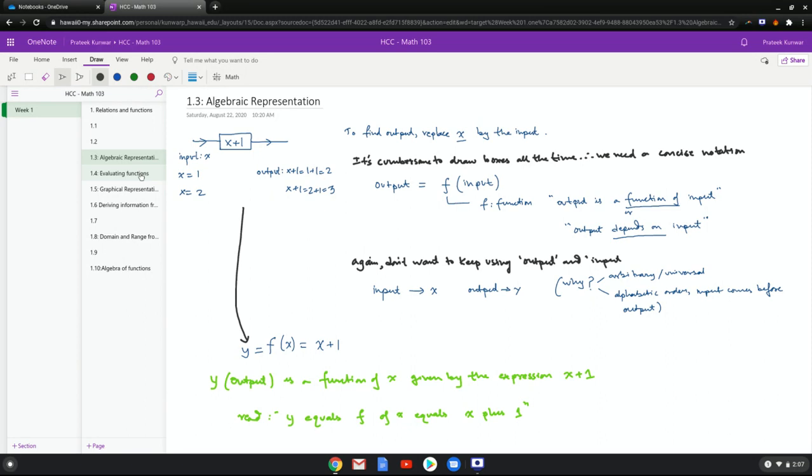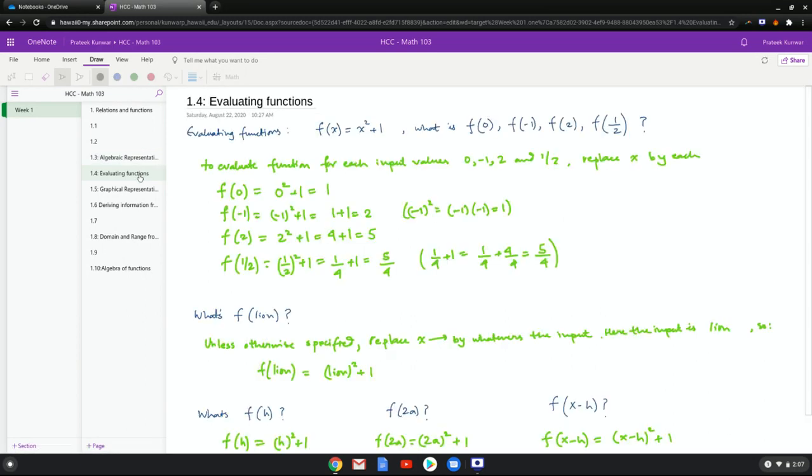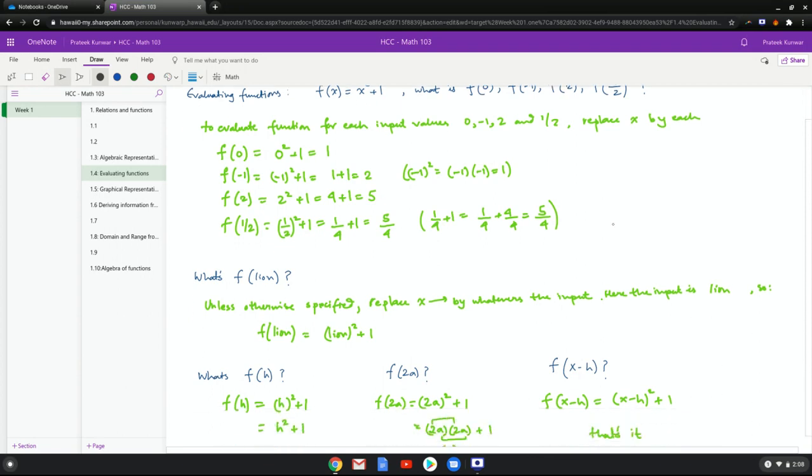Now that we have algebraic representation, we can look at what is called evaluating functions. So let's say you're given a function f of x equals x squared plus 1, and you're asked what is f of 0, f of negative 1, f of 2, or f of half. What this means is you're trying to find for each input value 0, negative 1, 2, 1 half, what is the output. And to do that, you're just going to replace x by each